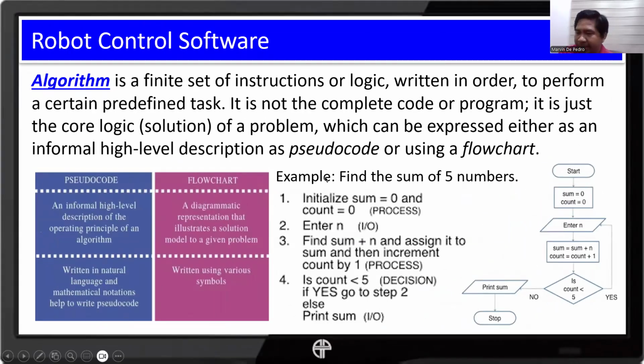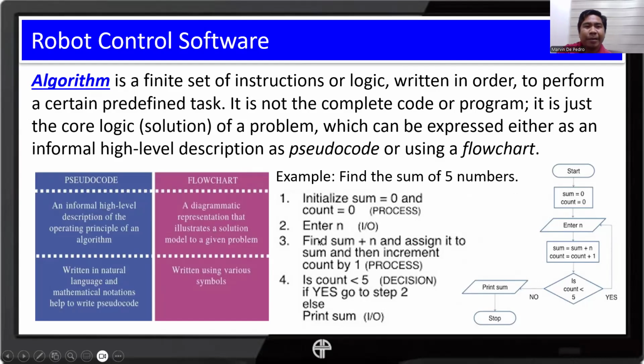And algorithms, especially in robotics, are in the form of one or more functions. In the case of OOP, we have the term methods. Those functions or methods could include some mathematical models, some formulas or equations.